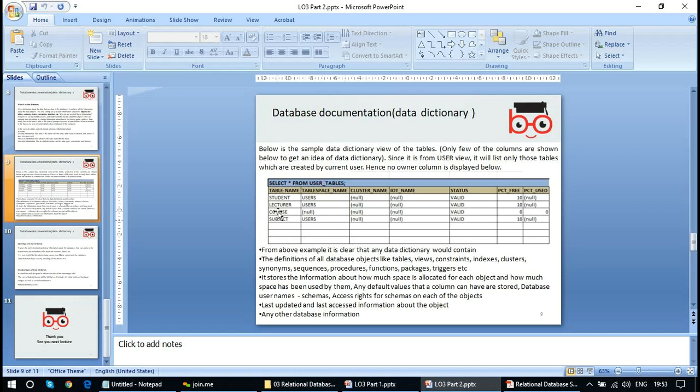If you want to know how many tables are in the database, like a student is a table name, table space name is users. So students are under the users, cluster name, IoT name, status valid, and so on. So if you could have a look here,